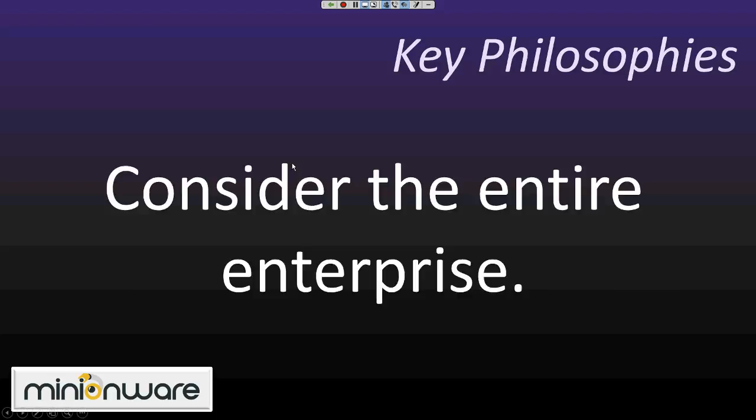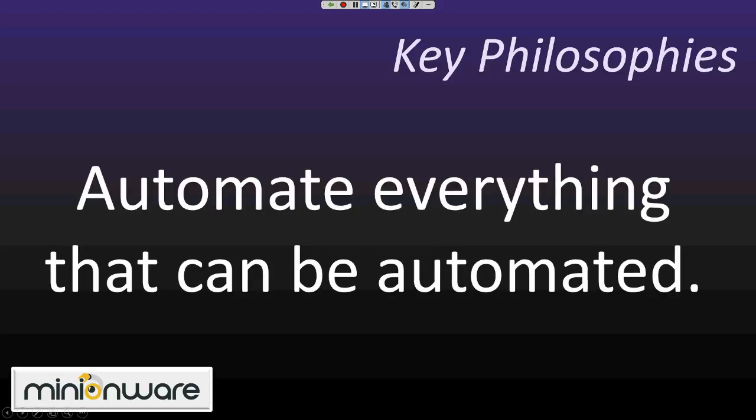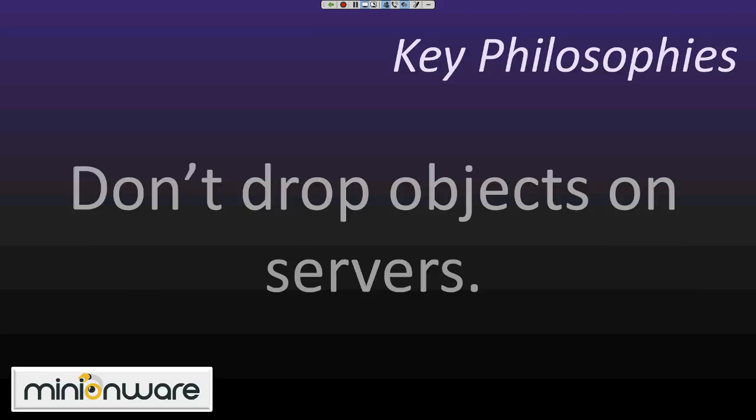Automate everything that can be automated. I don't think I'm gonna punch that one any harder. That one pretty much stands for itself. Don't drop objects on servers. This is one of our biggest key philosophies, because